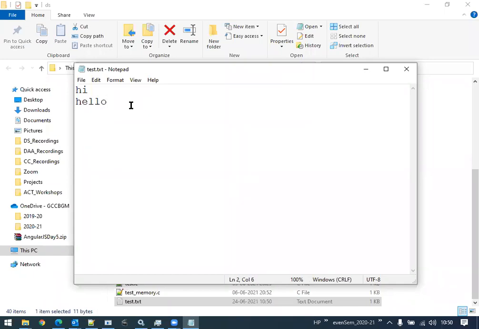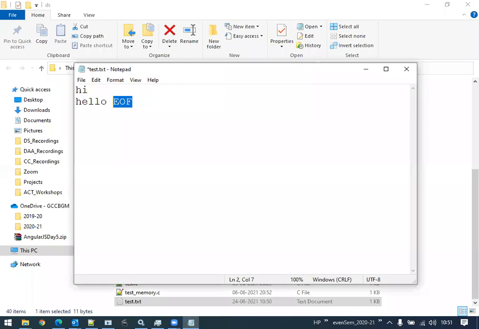That means there will be a special character called EOF. EOF means end of file character. This character is invisible, it's non-printable. We can't see that particular character. If you consider any file, at the end of the file there will be one special character called EOF.